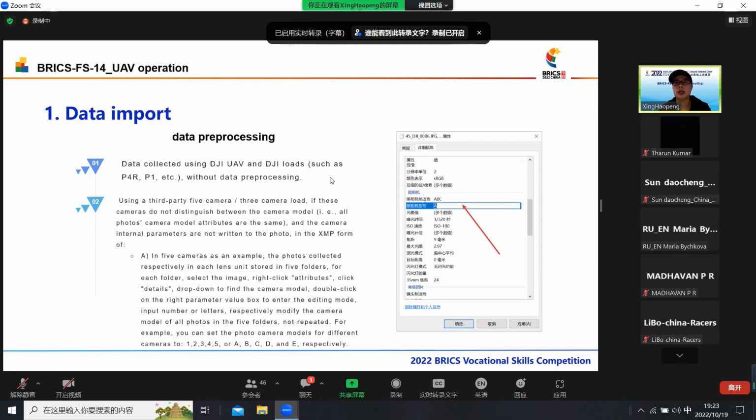Okay, here comes the data import. Data collected using DJI UAV and DJI LiDAR needs no data pre-processing. Okay, using a third-party 5-camera or 3-camera load, if these cameras do not distinguish between the camera model and the camera internal parameters are not written to the photo in XMP form,